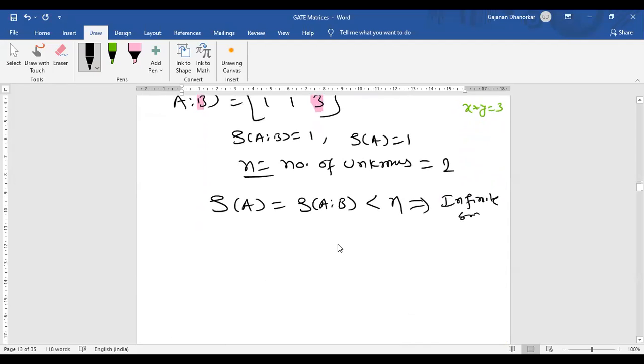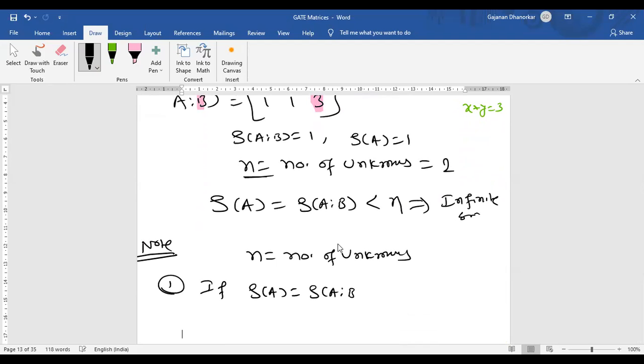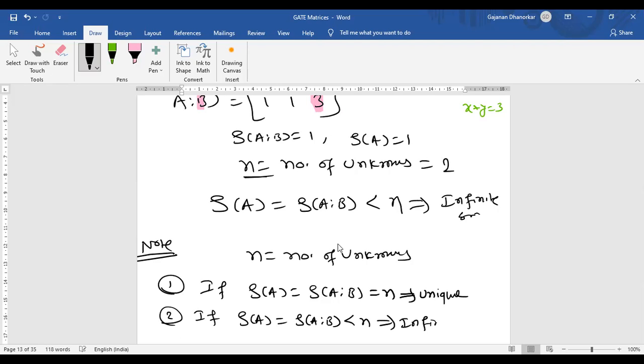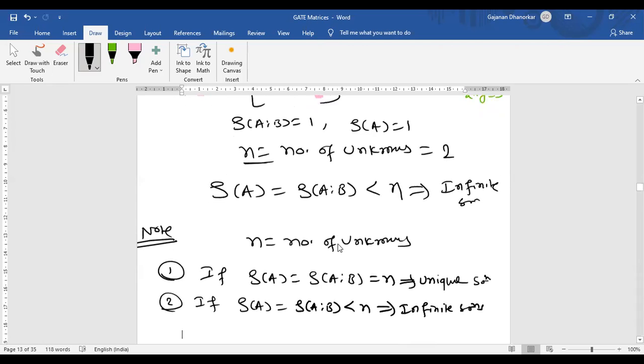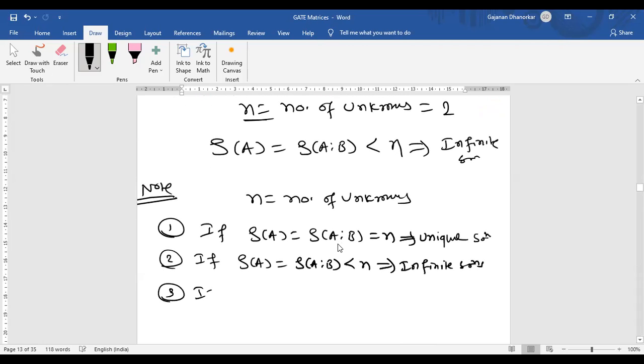Remember, I will write a note. N is the number of unknowns. First, if the rank of matrix A is equal to the rank of augmented matrix AB, which is equal to n, how many solutions are there? Unique solution. If the rank of matrix A is equal to the rank of augmented matrix AB, and this is less than n, how many solutions? Infinite solutions. Third case: if the rank of matrix A is not equal to the rank of the augmented matrix, then in this case our system has